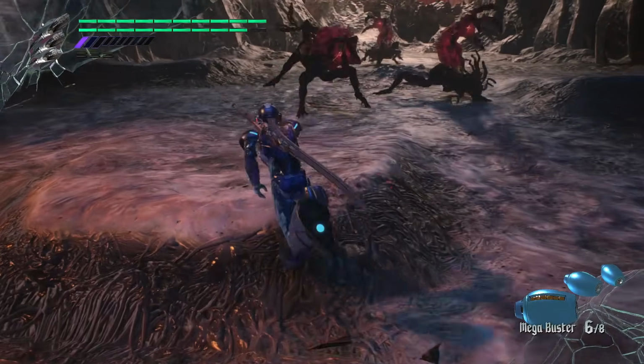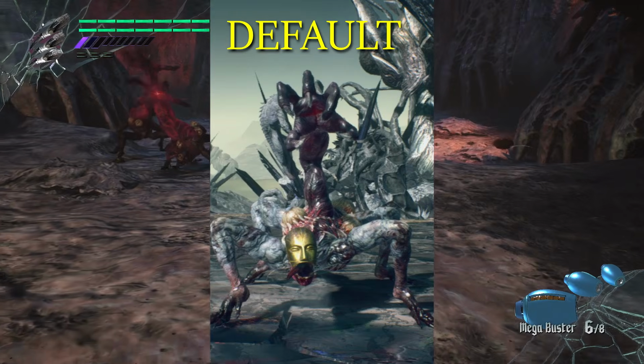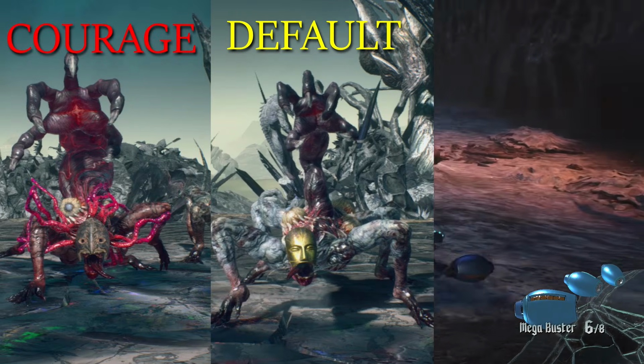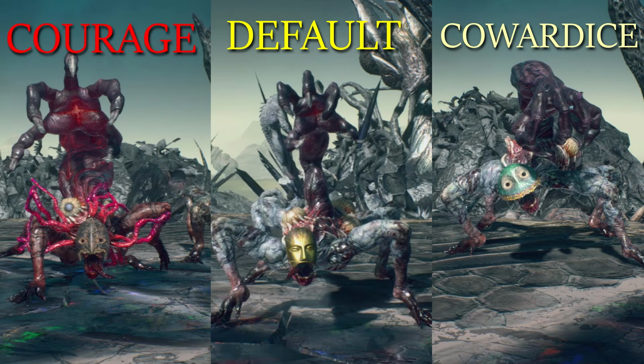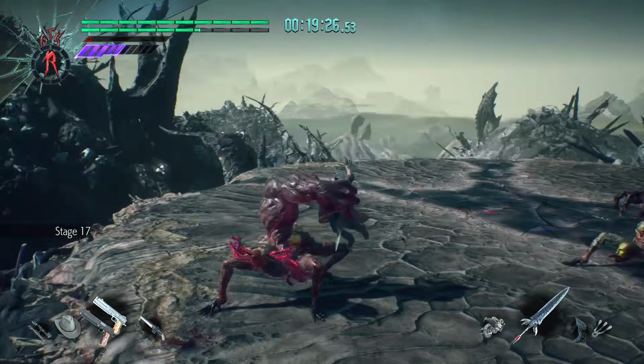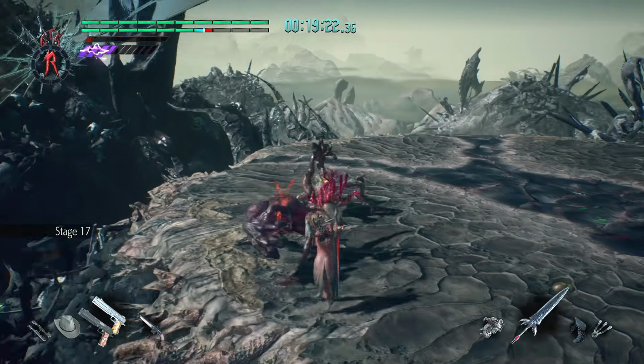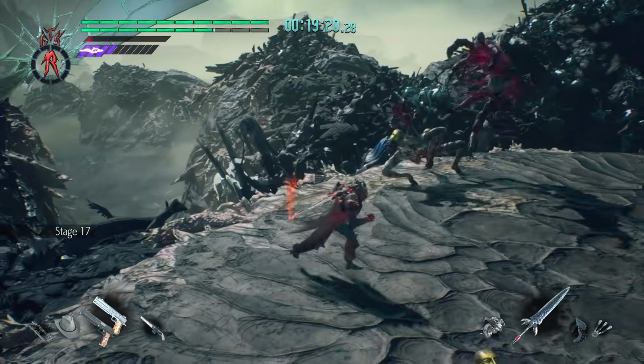The Nobody is an enemy that changes what it does based on its equipped mask. You've got the default mask it starts with, the Mask of Courage, and the Mask of Cowardice. When he slaps on the Courage mask, he becomes your average roided out gym bro, turning red and flexing his muscles. In this